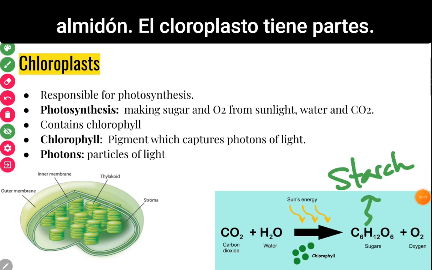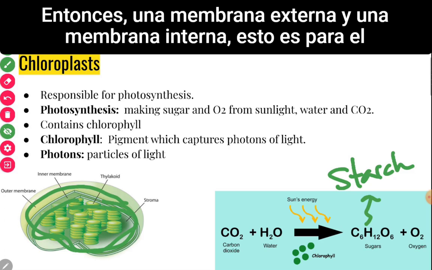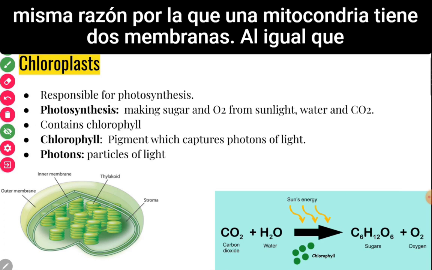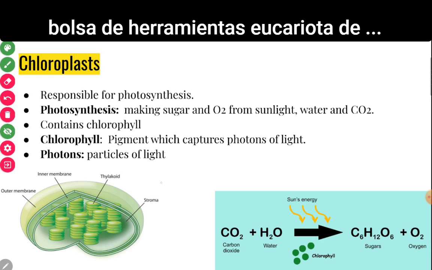The chloroplast has parts. There is the outer part of the chloroplast and an inner part. So an outer membrane and an inner membrane. This is for the same reason that a mitochondria has two membranes. Just like the mitochondria, this chloroplast became part of the eukaryotic toolbag by